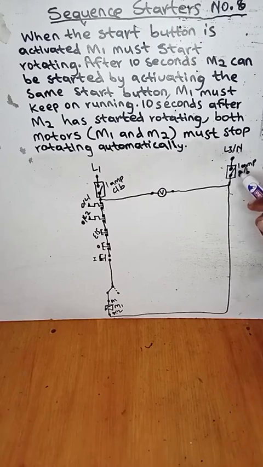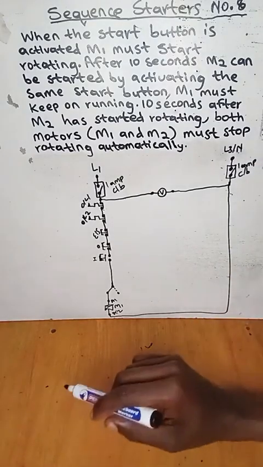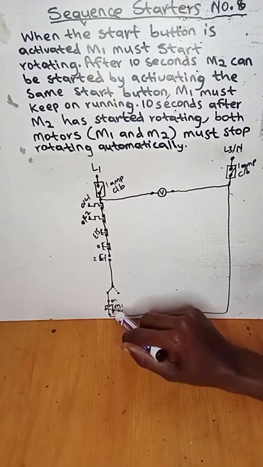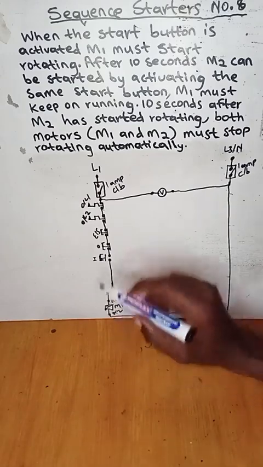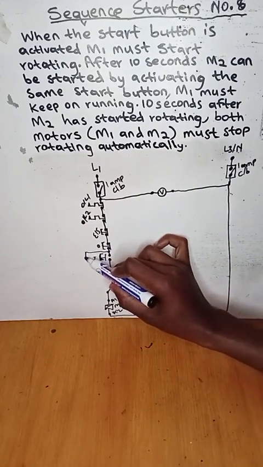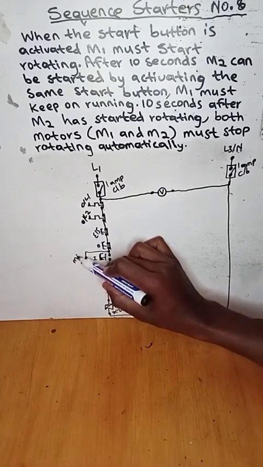But we used a 1M circuit breaker, which means it's our live 3. So when the coil is energized, it must have its retainer, the retainer of motor 1,